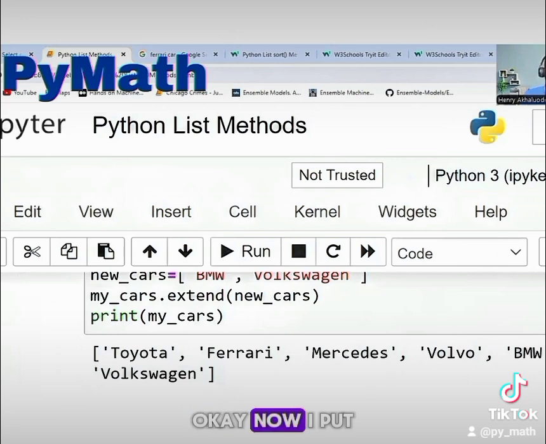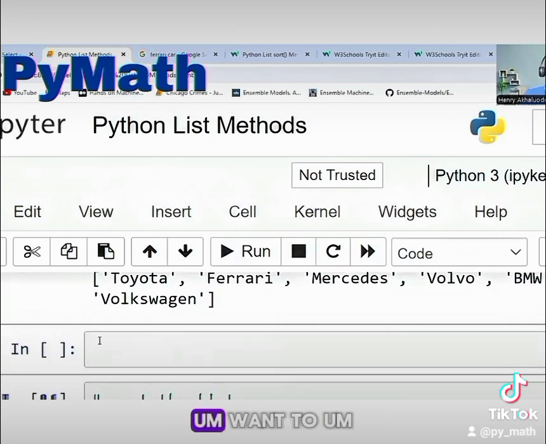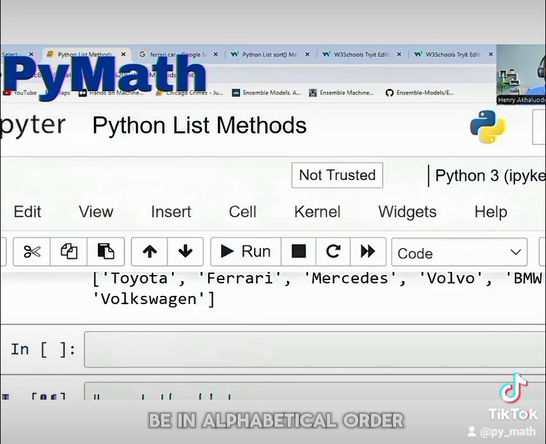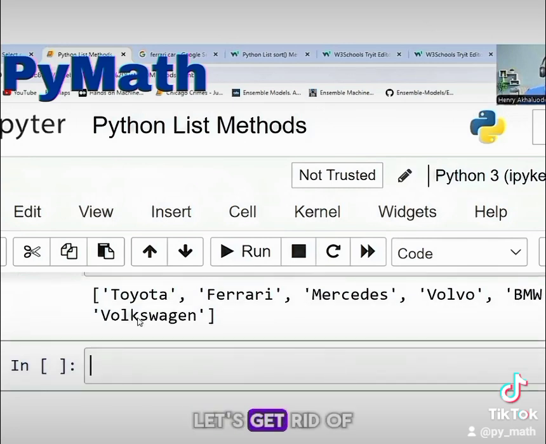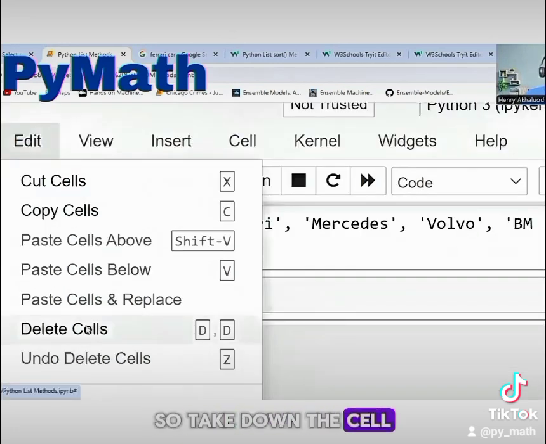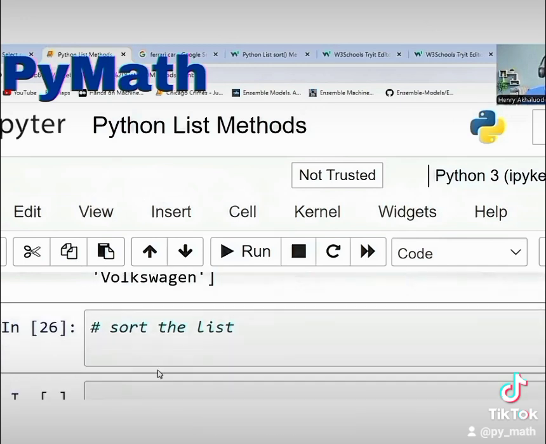Now, I could at certain point want to sort this list alphabetically. I want it to print out to me in alphabetical order. There is another method we use here. Let's get rid of this empty cell. I don't need it down here. So I'll take down this cell. Now, I want to sort my list. All I need to do is